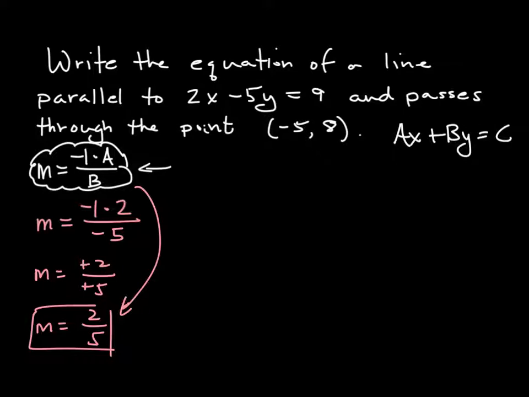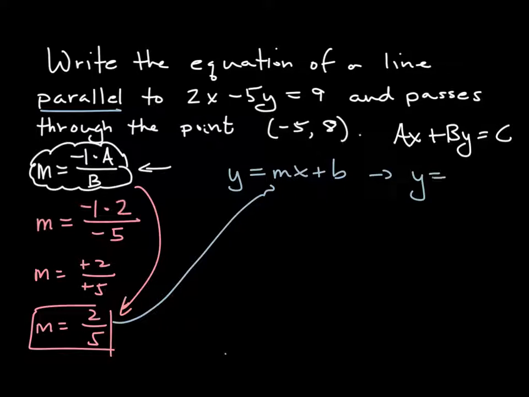If you're not cool with memorizing stuff, again, at the end, I'll show you how to do it the other way. But anyhow, okay, we're writing the equation of a line parallel to this. So now that I have my slope, I'm just going to go ahead and get back at it normal. So I go y equals mx plus b. I'm using an identical m, so I'm going to go ahead and place this m in that equation. So it becomes y equals